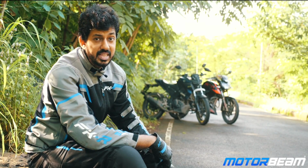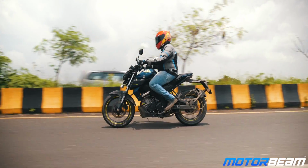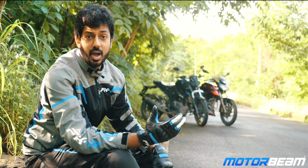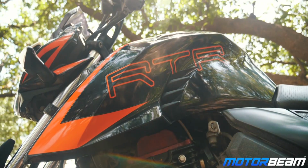That has been done to make the MT more punchy lower down, because obviously a compromise on top speed won't hurt that much considering this is a naked motorcycle. But no matter what Yamaha does, there is no beating the TVS Apache 200 in terms of low-end performance and